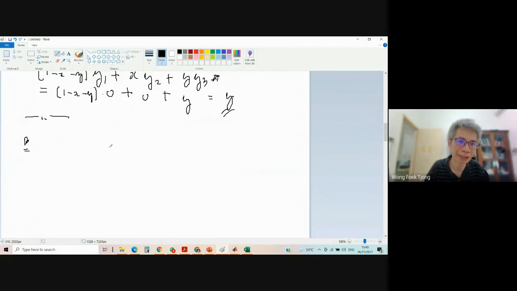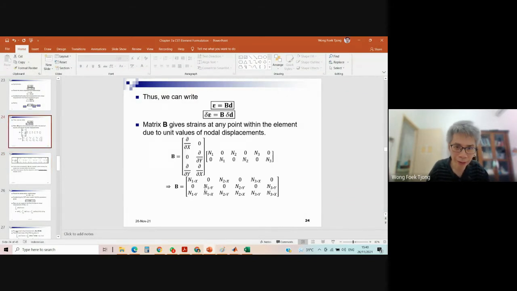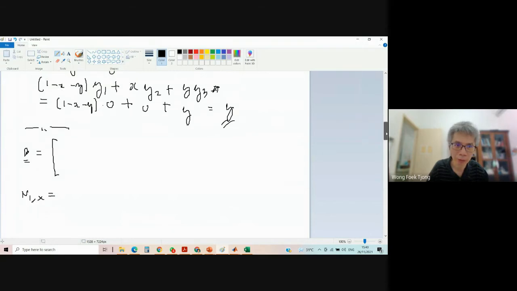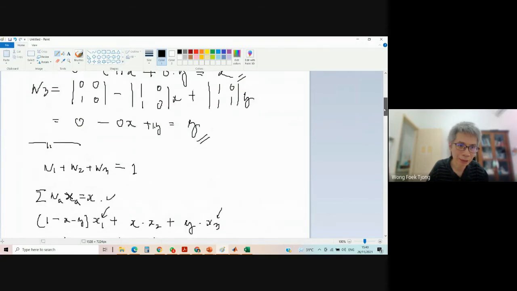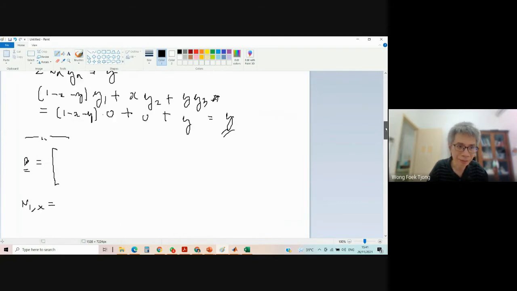Yes, it's easy. Maybe you use this formula directly, or I prefer this formula because it's easier to remember. So just use that formula. The first term is the first derivative of the shape function matrix with respect to x. So N1 comma x is minus 1, because the first derivative of N1 with respect to x is minus 1. Very easy, super easy, right?